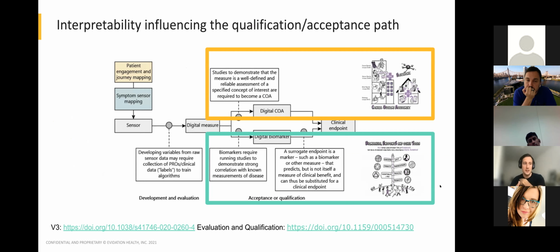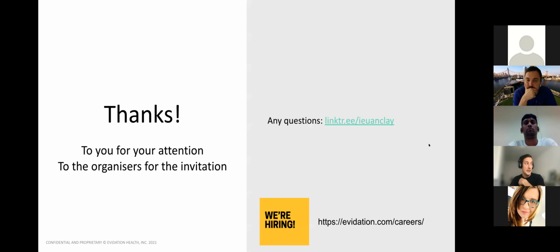And so if you think that it's not possible to capture that meaningful aspect of health in an interpretable way, you might need to think about focusing on more of an outcome approach. And I include here at the bottom links to two papers that talk about practical applications and implementation of those two different strategies. And so with that, yeah,